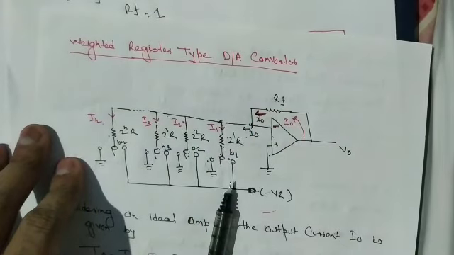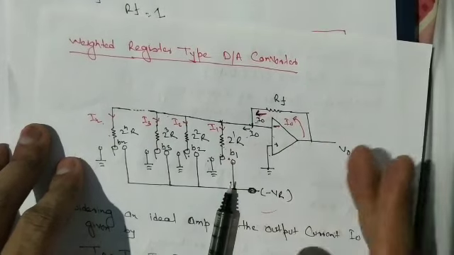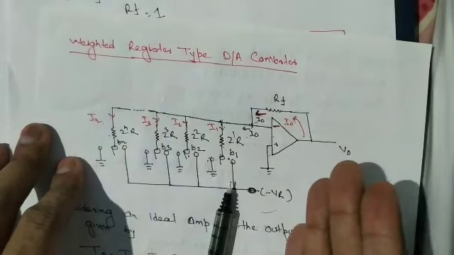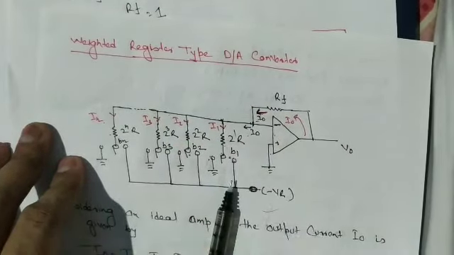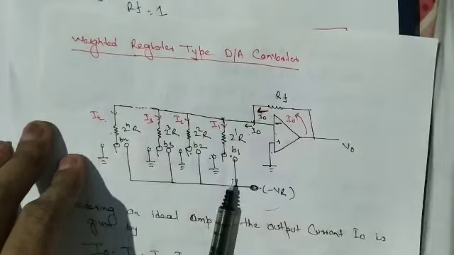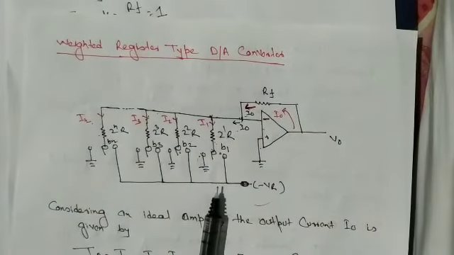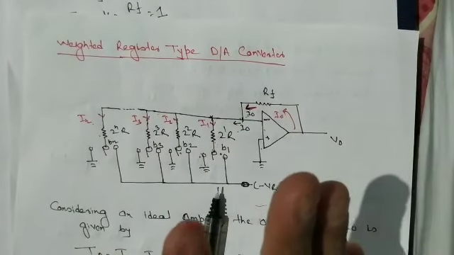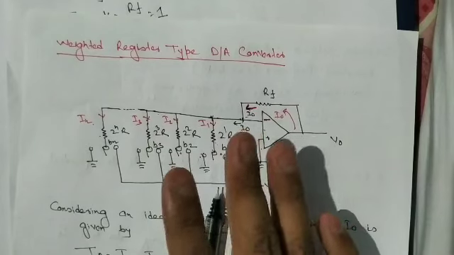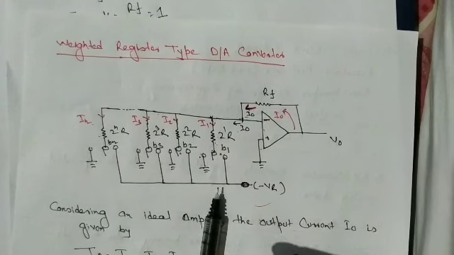So these are the shortcomings of this circuit. First shortcoming is that it is very difficult to find the exact value of resistor. Another difficulty is that it has a limitation on adding more bits. It cannot be used for more than 8 bits, because up to 8 bits the value of resistor becomes so high, 2 to the power 8, that means 256. So the value of resistor becomes too high, and it is very difficult to add more bits. These are its shortcomings. To avoid these, we use another circuit, that is the R-2R ladder. That circuit we will discuss in the next lecture.